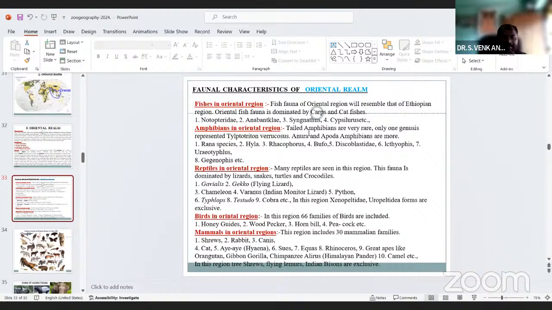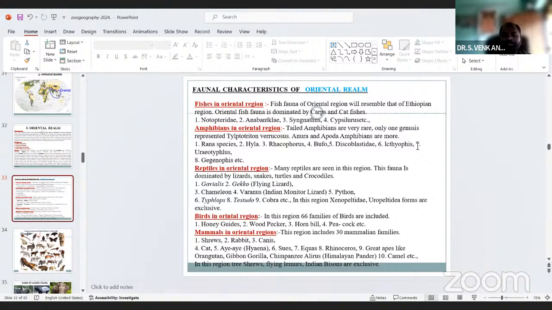The fish fauna, the aquatic animals living in the Oriental region, resembles the Ethiopian region. Oriental fish fauna is dominated by carps and catfishes, Notopteridae, Anabantidae, and so on. Now amphibians in the Oriental region. The tailed amphibians are very rare.